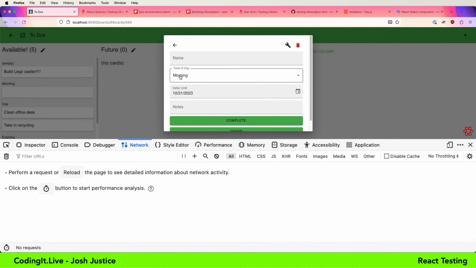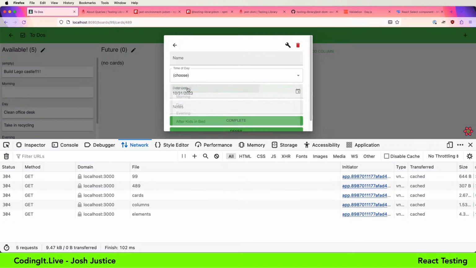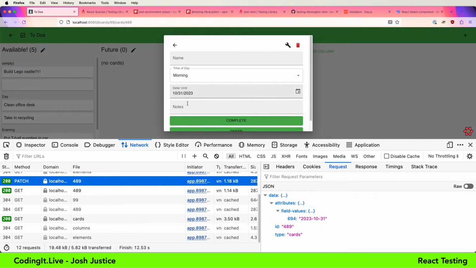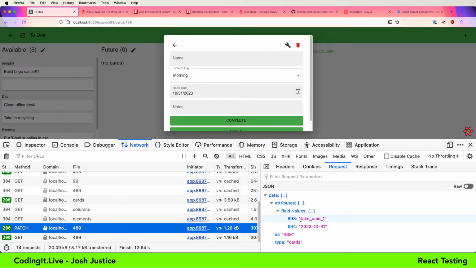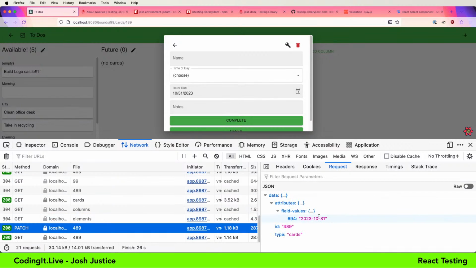So I have this card here, this data item with morning in the drop down here. So let's see what happens when I choose the empty option. It's saved to the server. Attributes field values, that's there. So I think that field is just not listed because when I do add a value, and that's patched in, yeah, this fake UUID, that's what I use for my testing purposes here. Yeah, and my seeded data. And so when I remove that, it just removes it from the list. So depending on your server, that might or might not be correct.